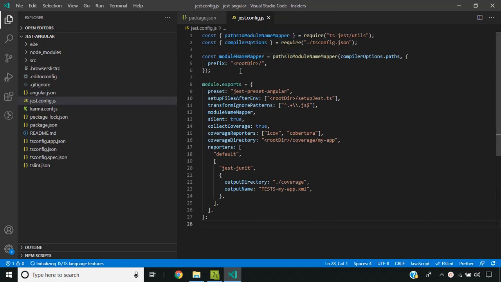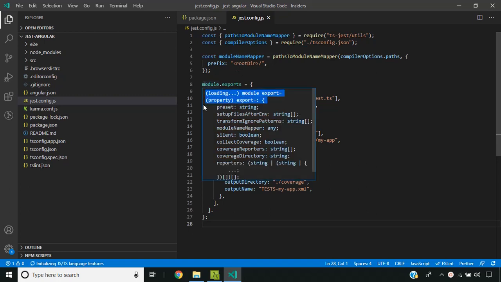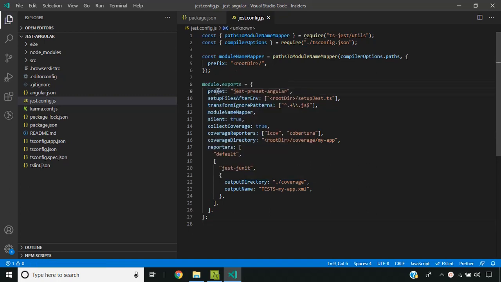So here this is the main configuration which is used by Jest. So here we are giving the preset option. So preset is in case we have any preset configuration files or libraries, we can provide the name here. So currently we are using the jest-preset-angular, so we can give it here. And the next is the setupFilesAfterEnv. So here you can provide any files which you need to run once the Jest environment is set up and before each and every unit test suite is being run.